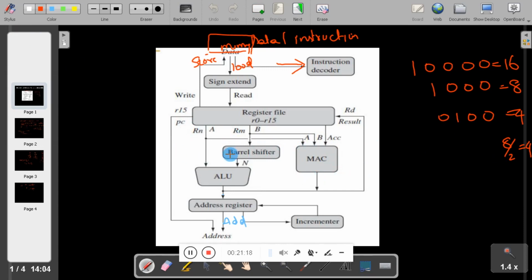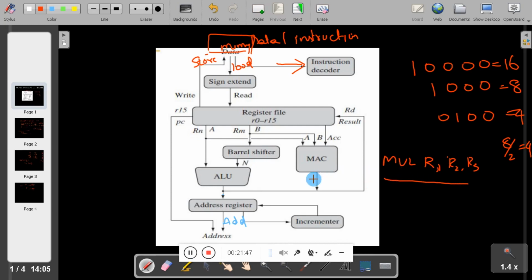Later, when you use an instruction like MUL R1, R2, R3, then R2 and R3 are multiplied and the result is stored in R1. You will come to know more about MAC when you use the instruction MUL.